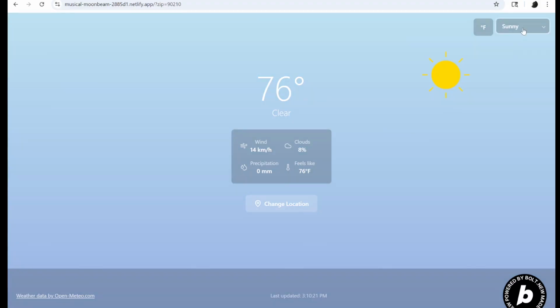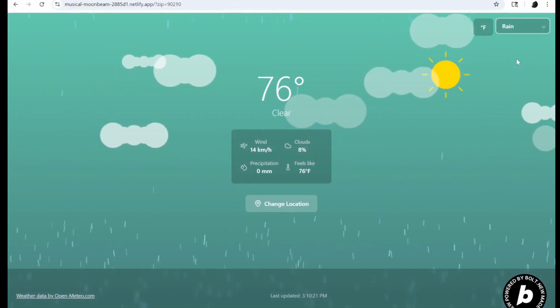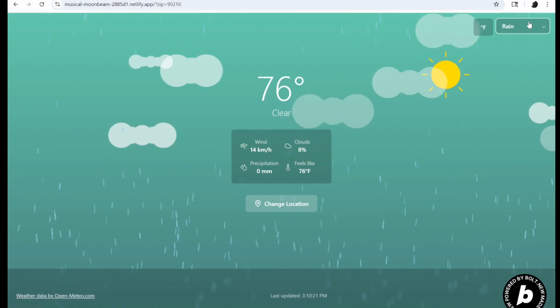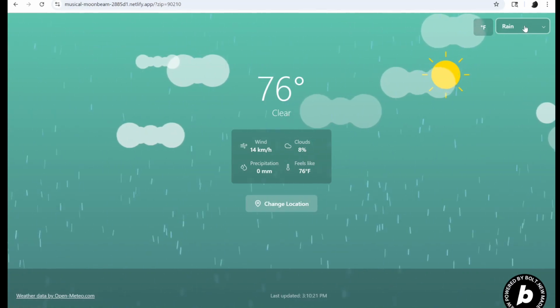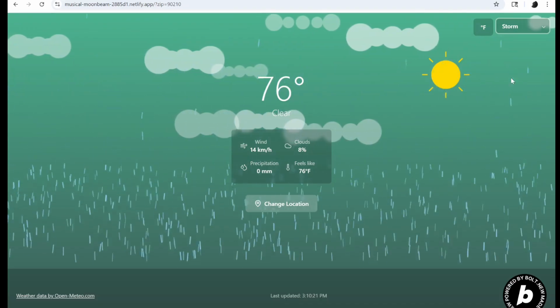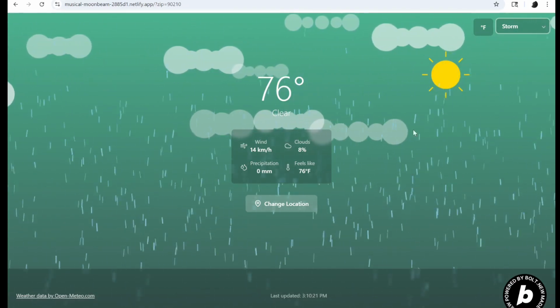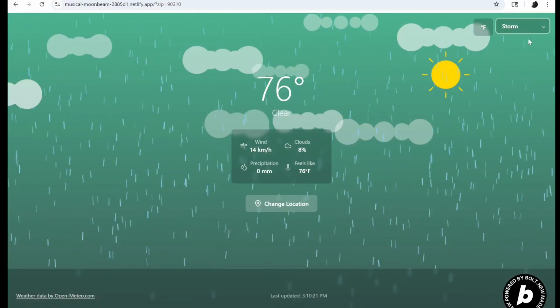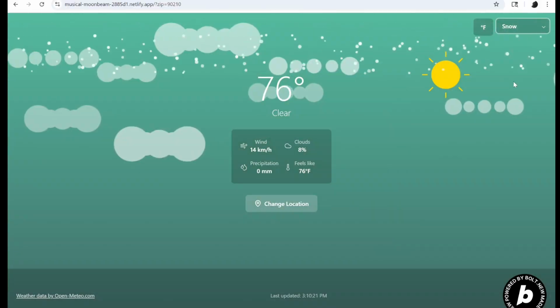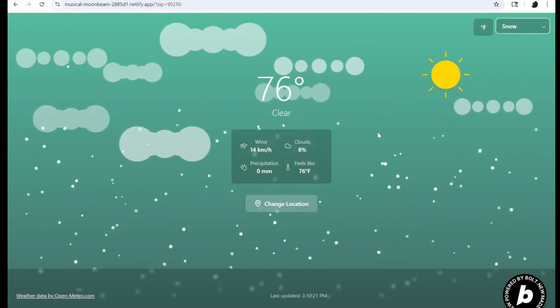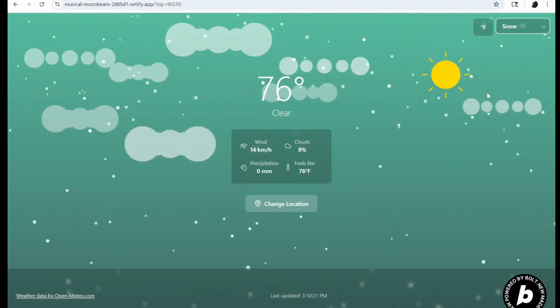So you can see it's sunny right now. And you can see the current is a little bit shaded, and that's because the cloud coverage is slightly there. I can go to rain, and you can see the rainfall, and there's an animation of that occurring. I can go to storm, and it's both the precipitation from the rain here and the lightning in the background. I can switch to snow, and that shows the behavior it would have with precipitation of snowfall if it was